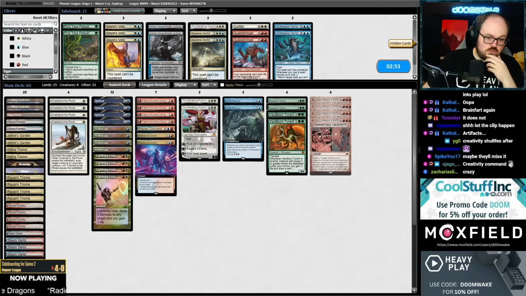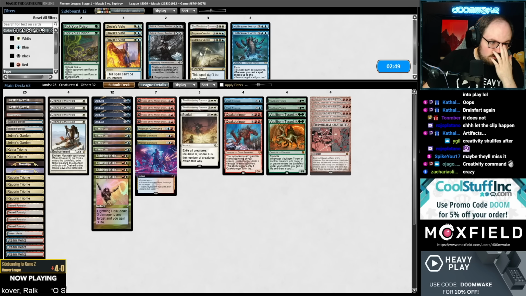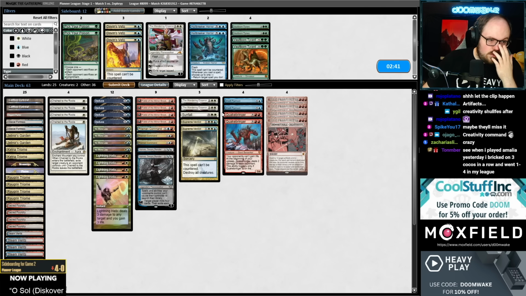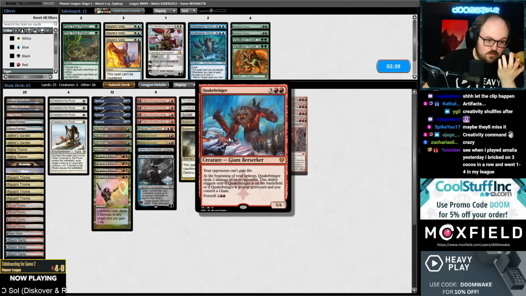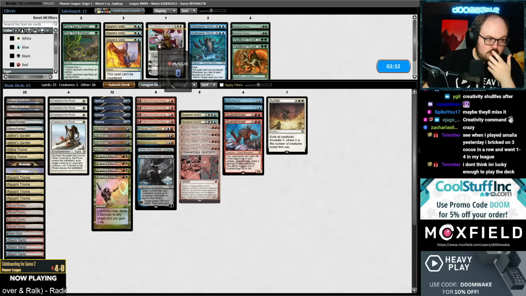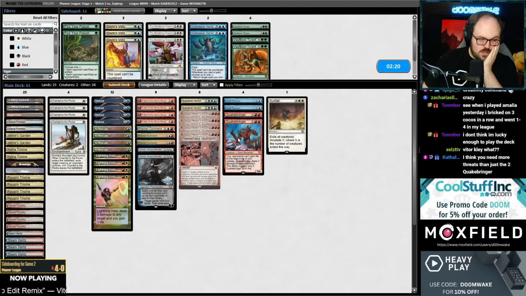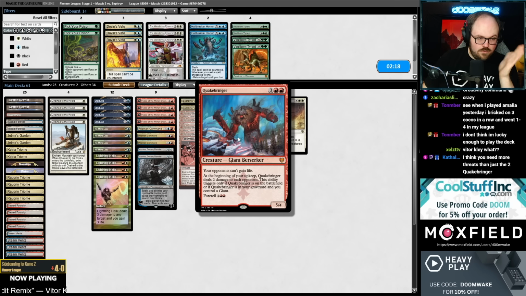Radioactive. Okay, so the Bringer of Quakes. Do we have to cut the Tyrants? I think we do, because I think we have to hit this every single time for it to have a chance. Question is, what else do we cut? Emperor kind of stinks. Could shave a command, maybe. I think you need more threats than just the 2 Quakebringer. My issue is I'm not sure that I can afford to...